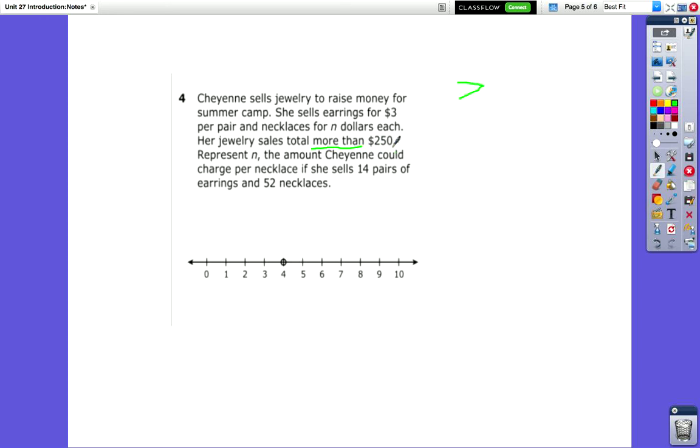And we know our total sales is more than $250. So we know that 250, and then we're going to put our greater than sign. So our rate is 52 necklaces. So we're going to have 52x plus